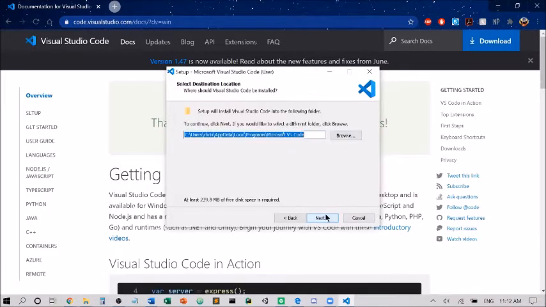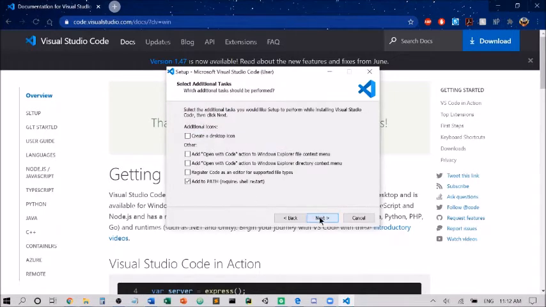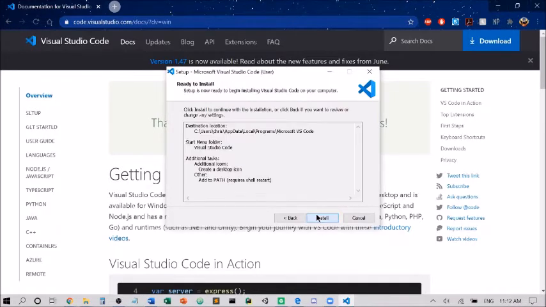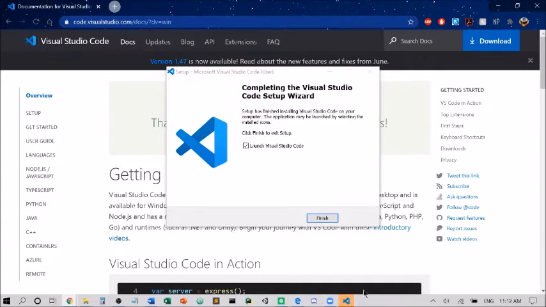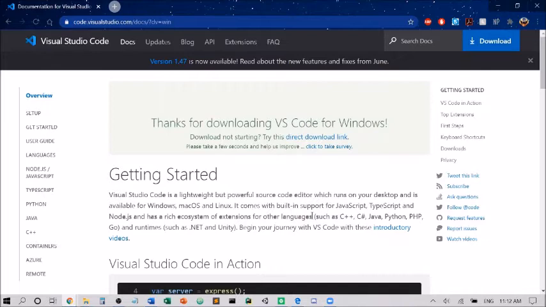Select Accept, Next, and then Install when prompted. At this point, VS Code has finished downloading, and we will now need to work on installing the Windows Subsystem